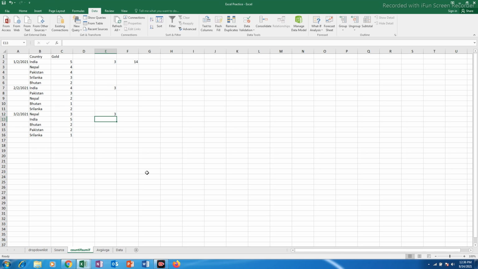Now if I want, I can use SUMIF function to find out total number of gold medals that is won by a country on all the dates. So equals to SUMIF function, open bracket, range is this one, and then comma, criteria, I want to see how many gold medals is won by India, and then close. Always use the text inside inverted comma,